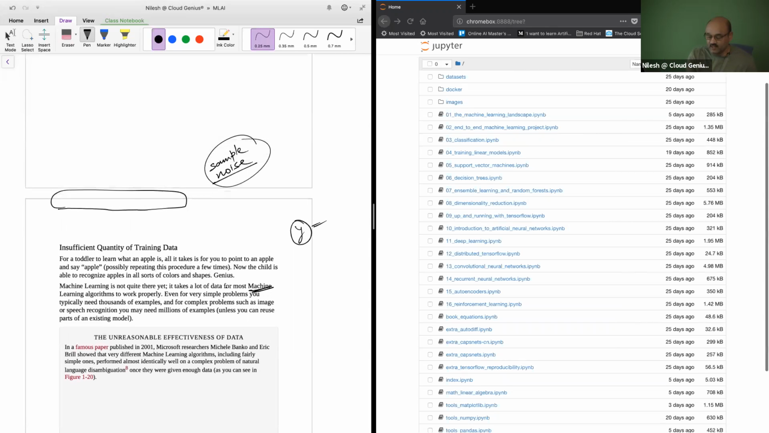unreasonable effectiveness of data. And that is a paper written by,